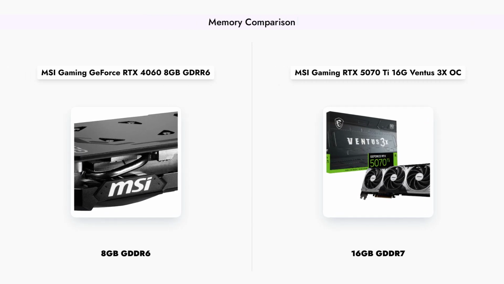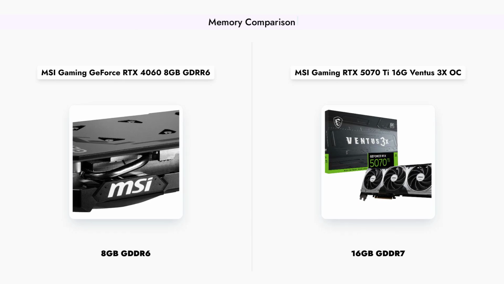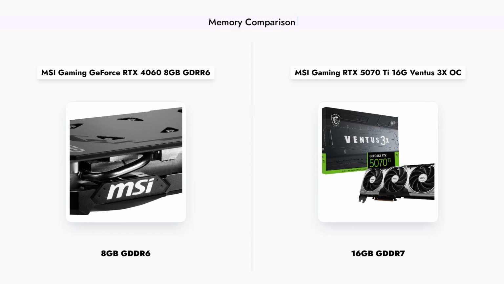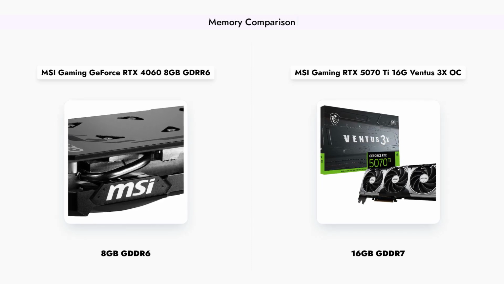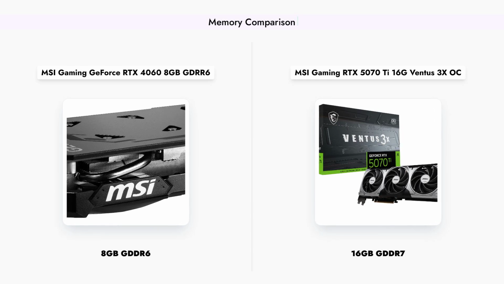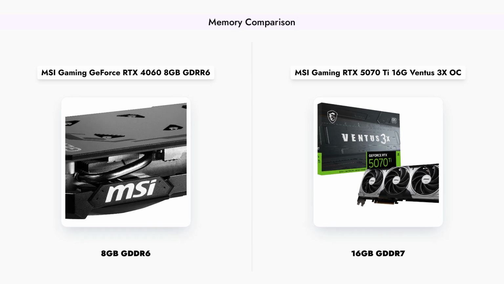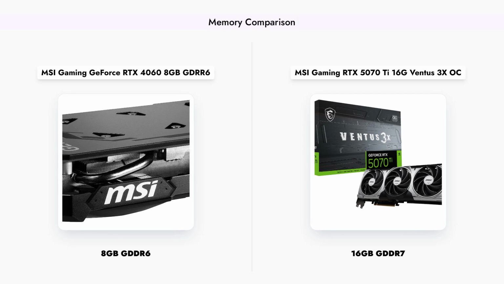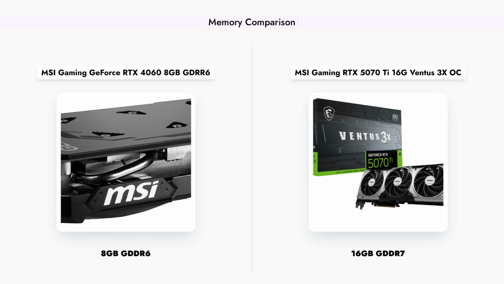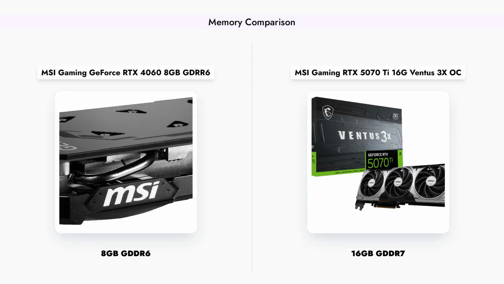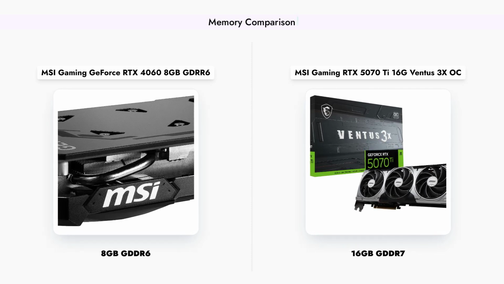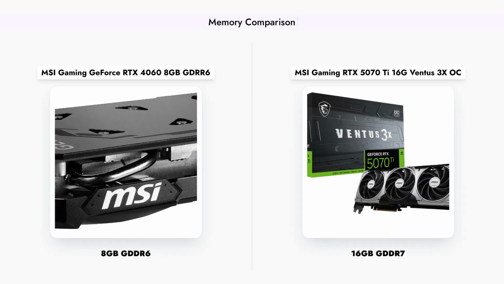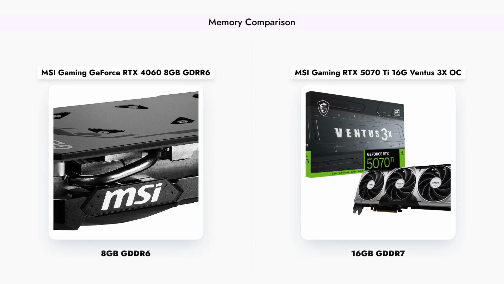Memory capacity is another crucial aspect to consider. The MSI Gaming GeForce RTX 4060 features 8GB of GDDR6 memory, which is sufficient for most gaming scenarios at 1080p. However, the MSI Gaming RTX 5070 Ti boasts a substantial 16GB of GDDR7 memory, allowing for better performance in memory-intensive applications and higher resolutions. This difference in memory can significantly impact gaming performance, especially in future titles that demand more